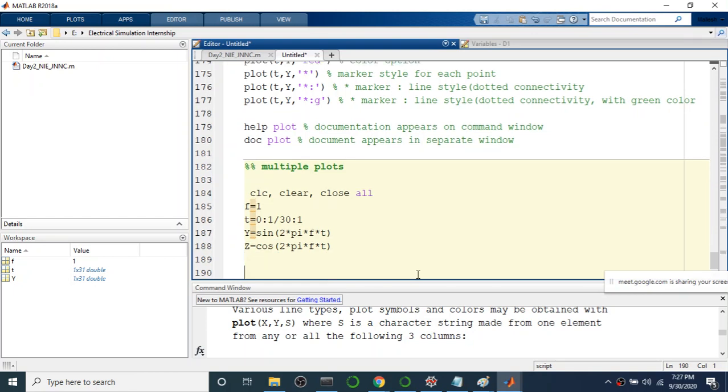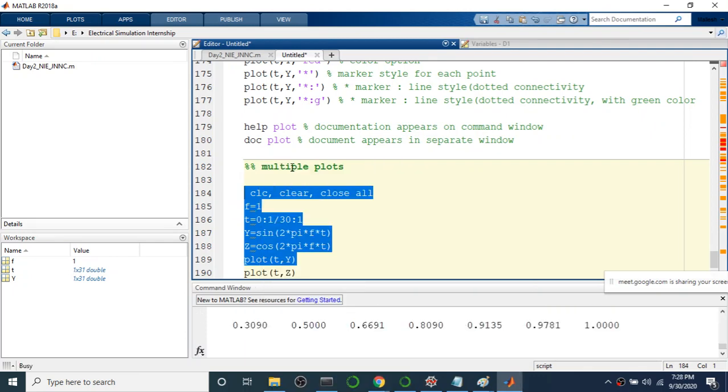So how do I plot it? Plot of t comma y and plot of t comma z. So first I'm selecting these signals and plotting them.